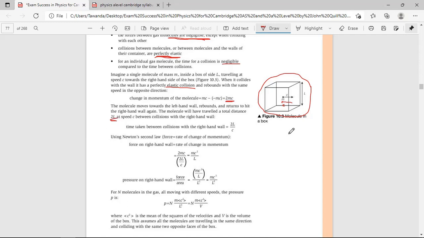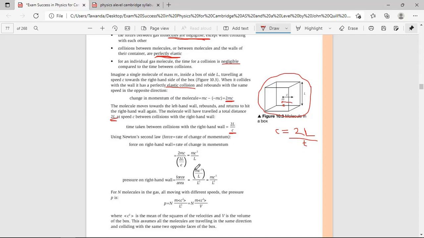You know, from the formula, speed is equal to distance over time. We are saying speed c is equal to the total distance, 2l, divided by time t. So if you make time the subject, you have t = 2l over c. This one is the time taken. Then now,